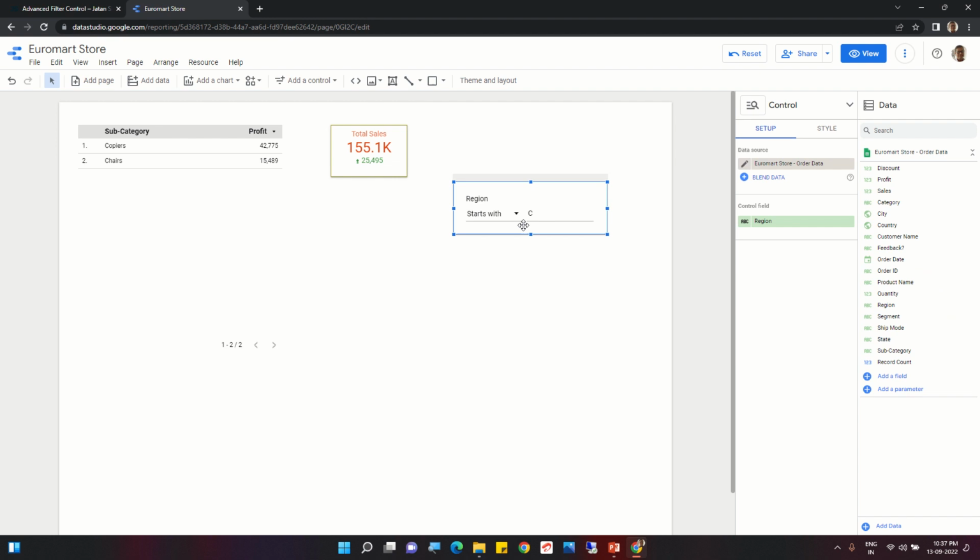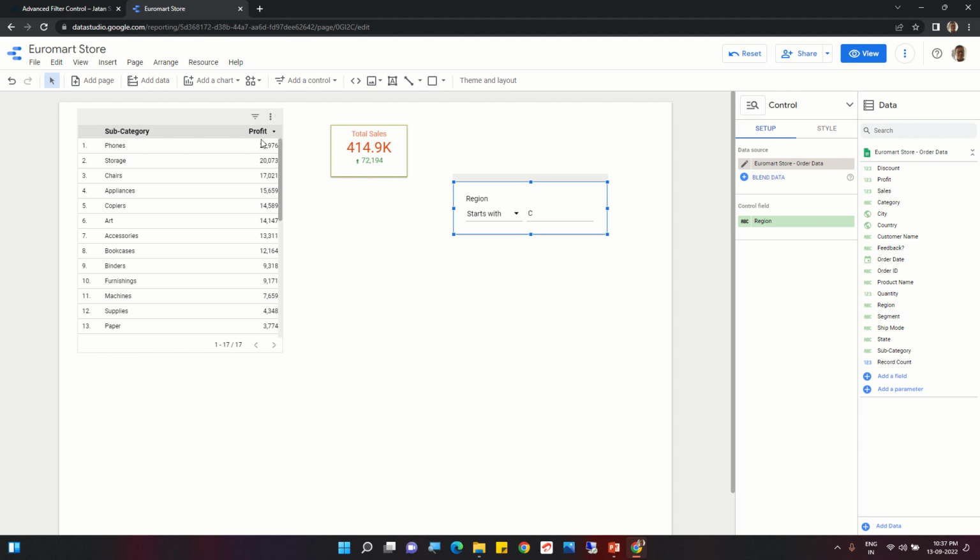Yes, so this we can also see. Under central regions, that means this is the profit that we are getting, and these are the total sales that we are getting from that region that is called central. Okay,